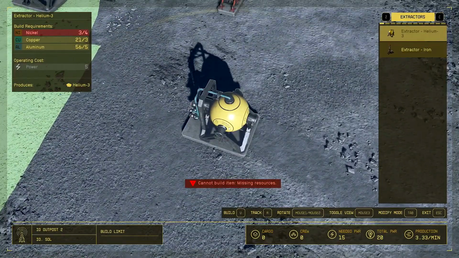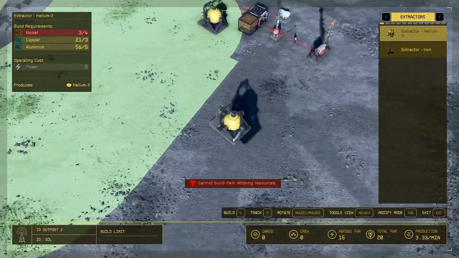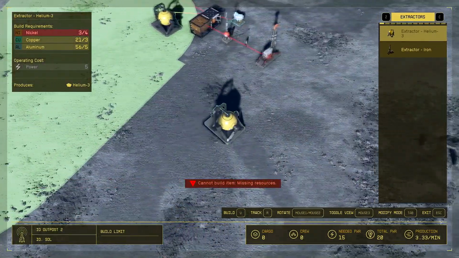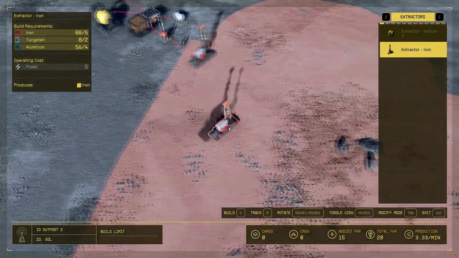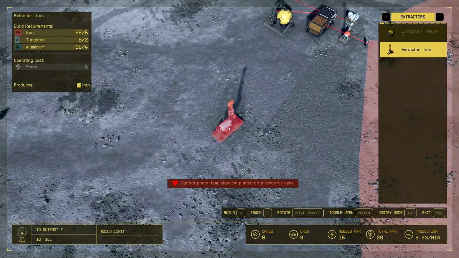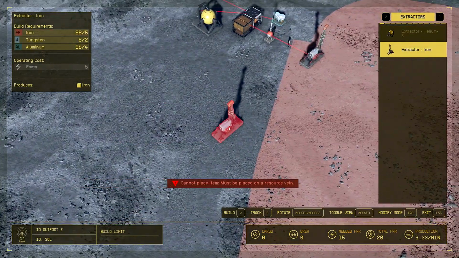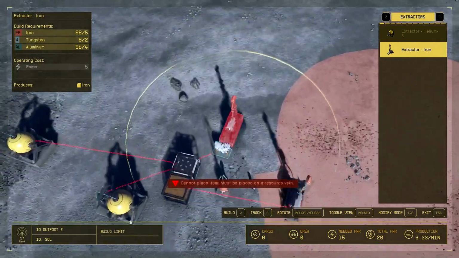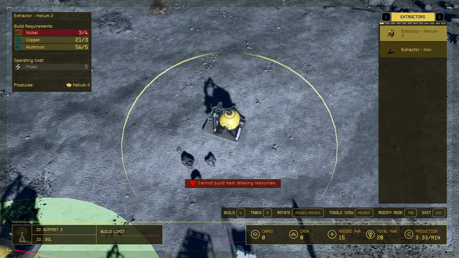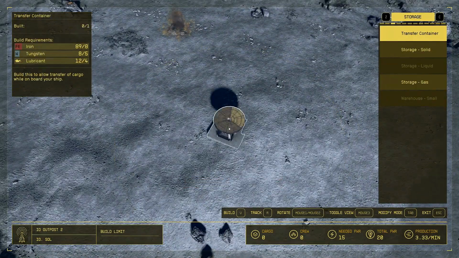I see. Okay. There's our little plot of helium right there. And then here's our little plot of iron. So I guess if I was going to build a hab, I would maybe not want to put it on top of a seam. Maybe? Yeah, over here looks good. Over here looks pretty safe. Okay, so let's go to